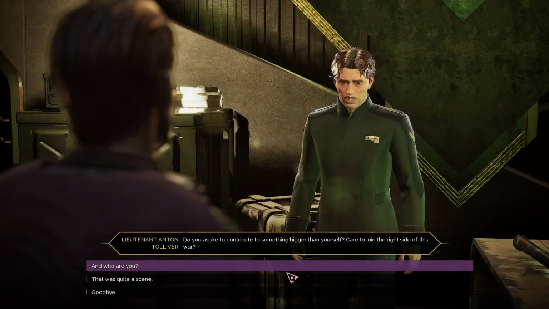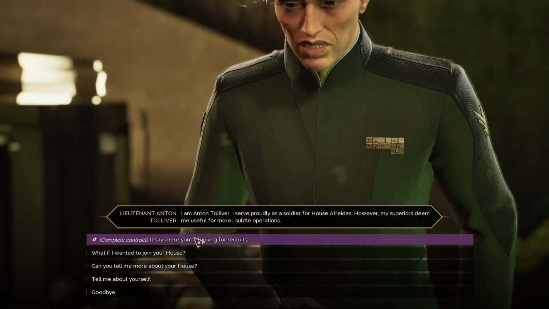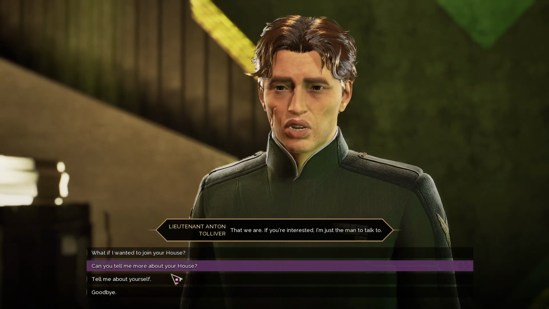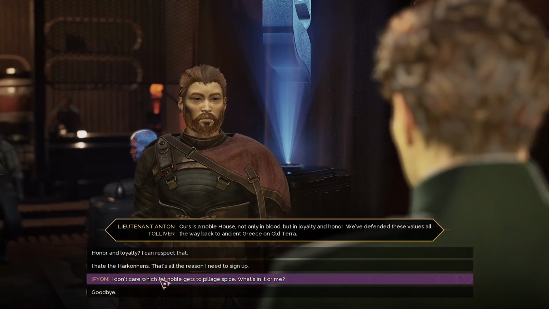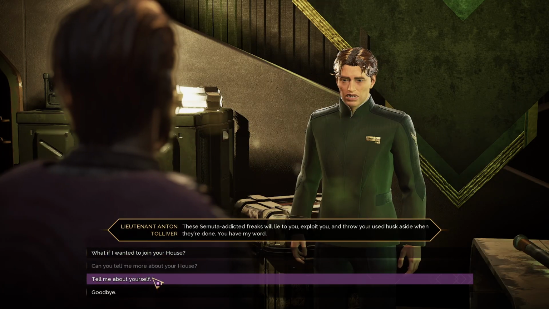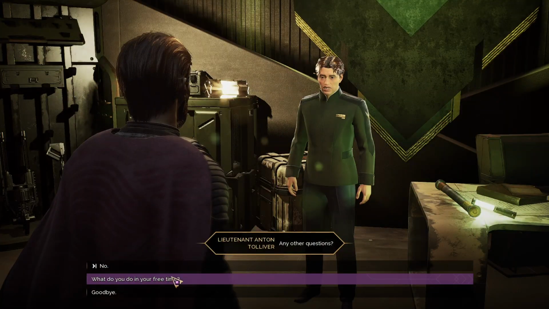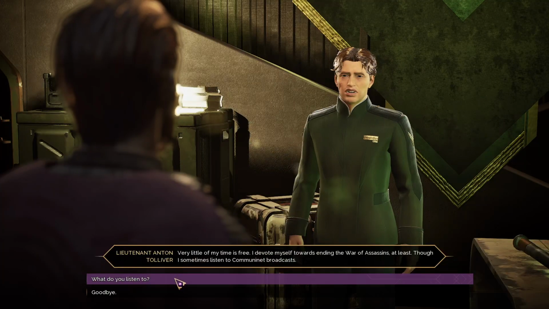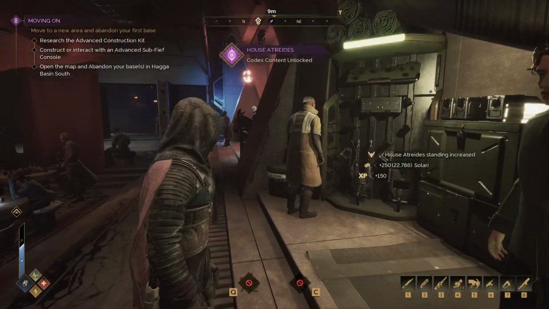Do you aspire to contribute? I am Anton Tolliver. I serve proudly as a soldier for... That we are. If you're interested, I'm just the man to talk to. Duke Leto is the... Ours is a noble house. Then perhaps you are... The Harkonnens... I am of House Atreides. And I cleave to... Look over any other questions. Very little of my... The Atreides... Duke Leto...